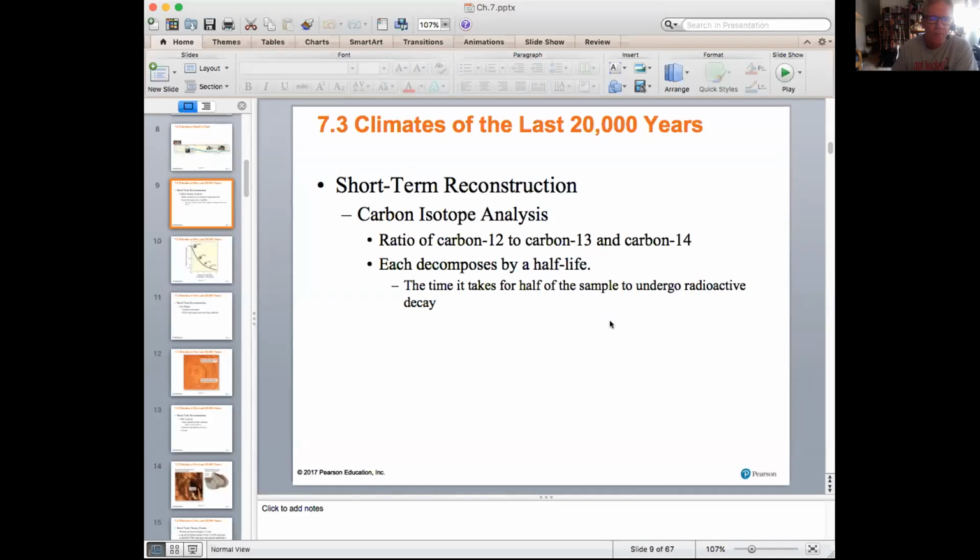Okay, but now we're going to be looking at the methods that scientists use to look at past climates. There's numerous ways to do this. The first one we'll talk about is carbon dating, and then we'll look at tree rings. Basically, I'm not going to get into the science of this. You can read this in the textbook, but